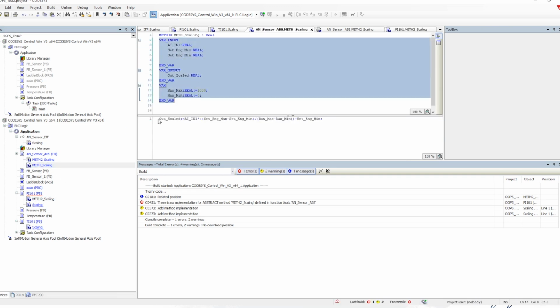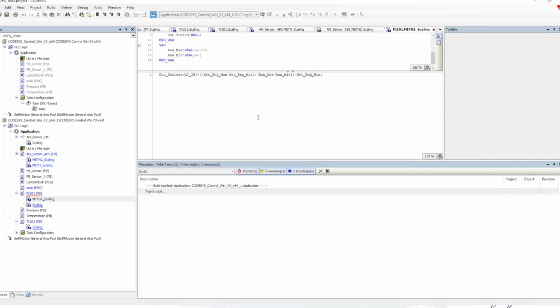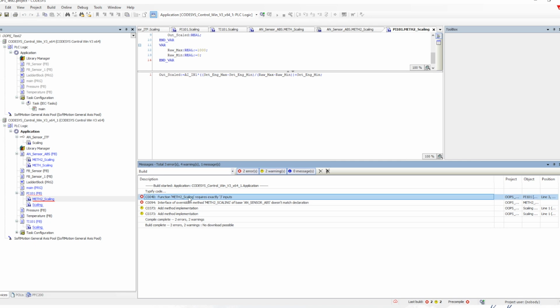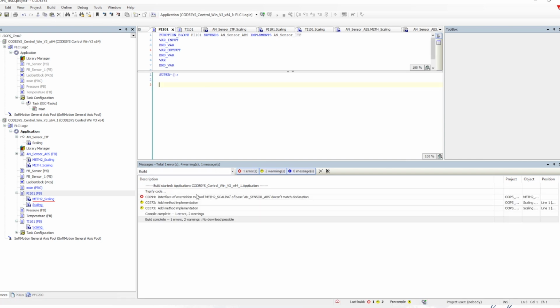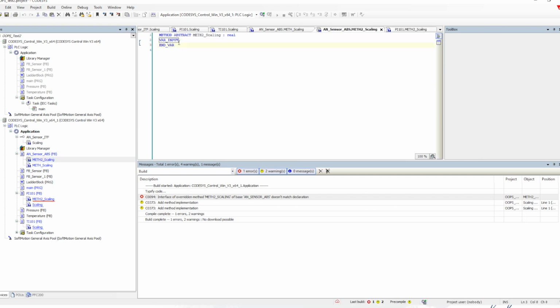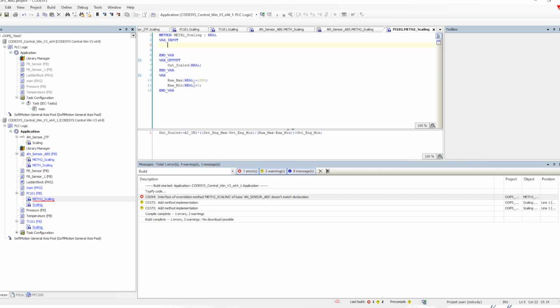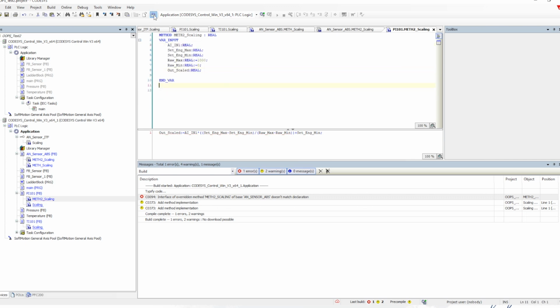So this is how we exactly add the methods and implement it. Now if we compile, okay, still we get some error, correct. Let's compile again. Yeah, we are getting the error and it is saying that it is not matching with the declaration. If you see here, our declaration is only VAR_INPUT and VAR, but here we are defining a lot of things. Now even if I remove and put other things in the VAR_INPUT, still we are getting the error,